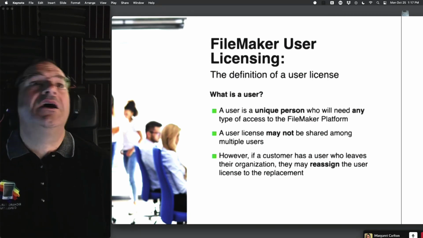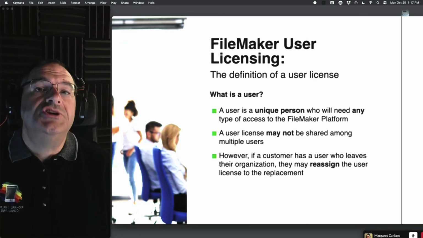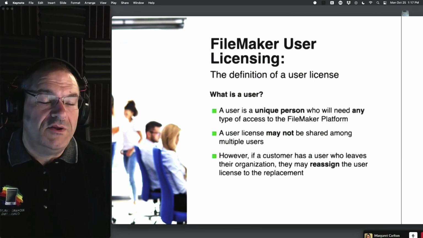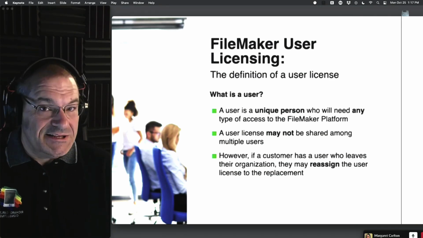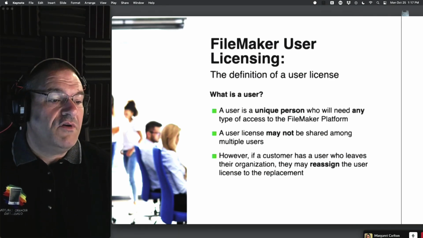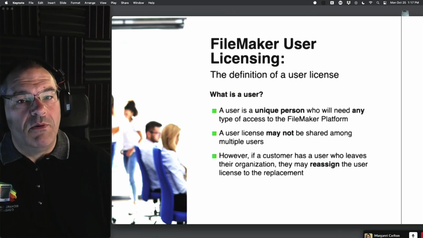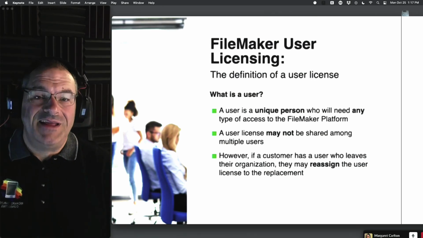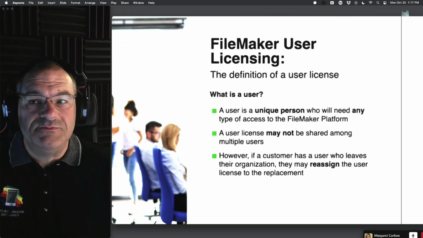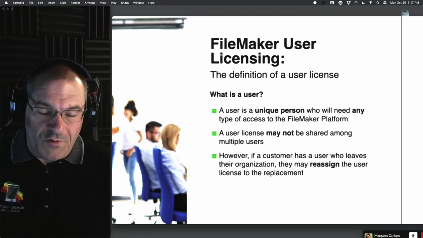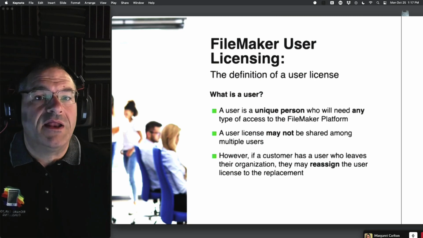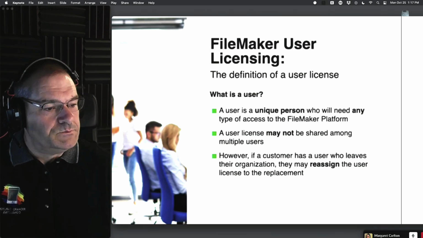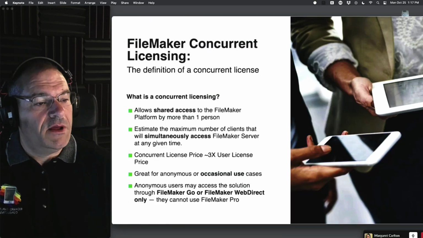It's not, well, we're not really sure. So these are named individuals. You don't have to name them right now, but you should be prepared to do that. If you can't, this is not the licensing option for you, right? Very, very, very important. The minimum also on this is 5 people. You can't buy less than 5, which means at the end of the day, your annual FileMaker license bill for a basic deployment is never less than about $1,000 a year. That's the cheapest it could ever be, right? So just keep that in mind.